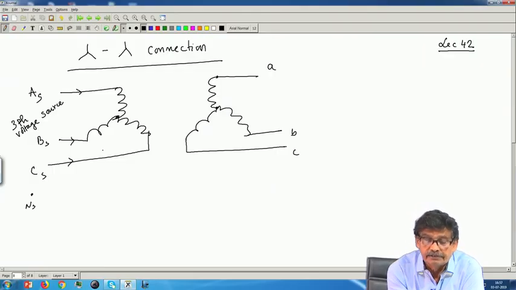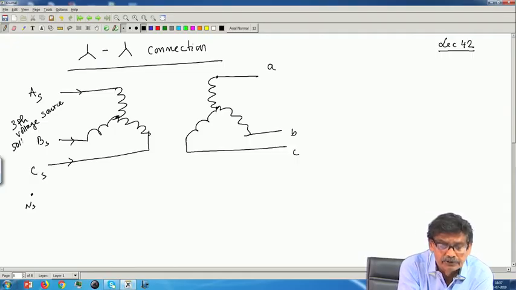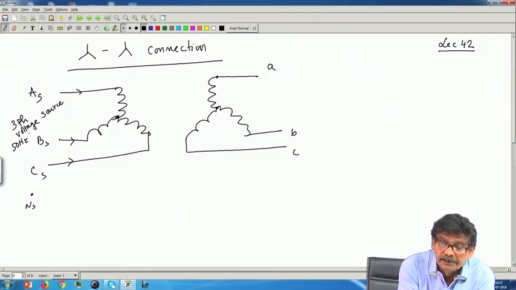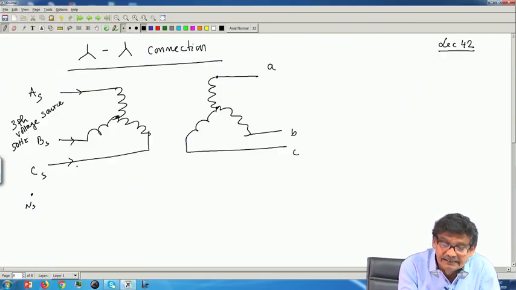To create 50 hertz flux in the core of this transformer, I require a 50 hertz plus 150 hertz component of the exciting current, also higher orders, 5th, 7th, but those I am neglecting; the predominant thing is the third harmonic. But in this type of connection, in the lines,